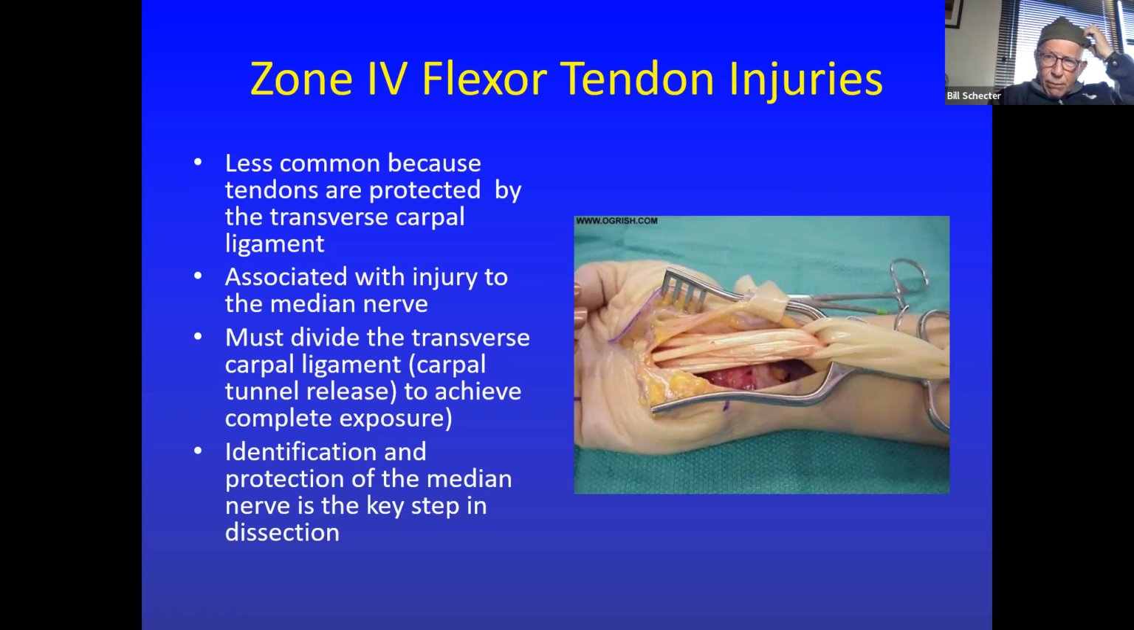And my point is, you don't want to take a guy who's got a tendon injury to the hand, take him to the operating room, and then cut the median nerve, because now you've got a ruined hand. So you got to be very, very careful when you're dividing the transverse carpal ligament, that you do not injure the median nerve. And a good trick